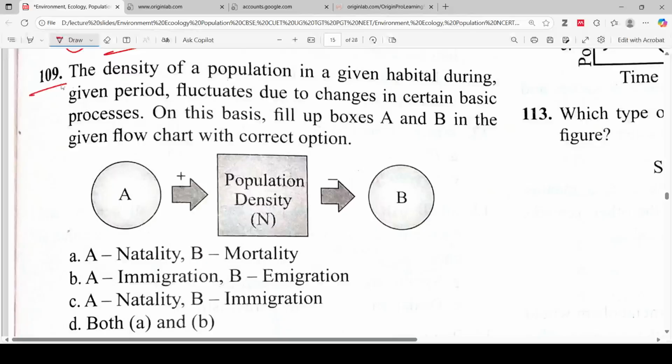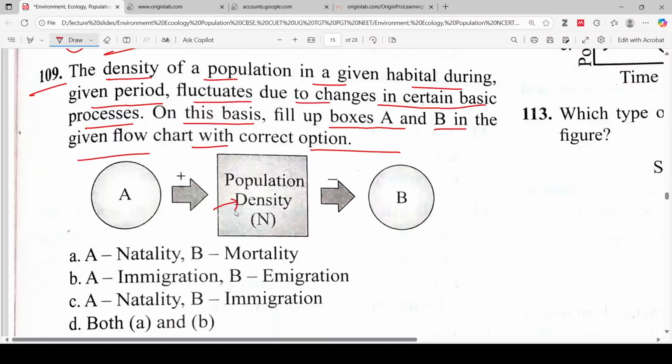So here, the density of a population in a given habitat during a given period fluctuates due to changes in certain basic processes. On this basis, fill up the boxes A and B in the given flow chart with the correct option. Population density plus and minus. Options: A natality, B mortality; A immigration, B emigration. So the correct answer will be